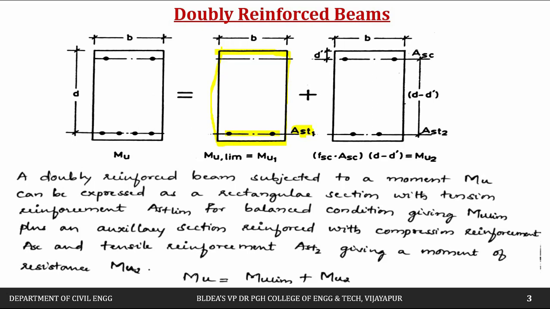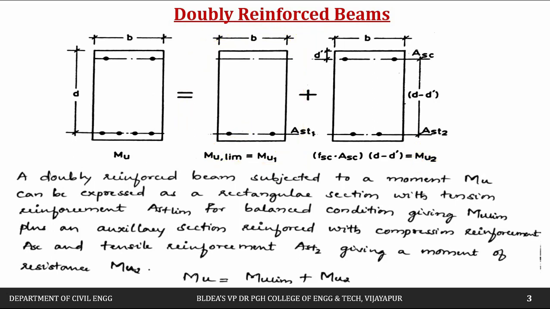The singly reinforced beam which we have designed, the moment it can carry, I had shown it here, has an area of AST1. For a balanced section, whatever area of steel is required, that we are going to provide. Then additionally, the beam which we have done previously, its moment MU1 is nothing but the limiting moment carrying capacity of a singly reinforced beam. But if we have an extra moment, that is MU2, the remaining moment, then for this we have to provide the additional reinforcement.